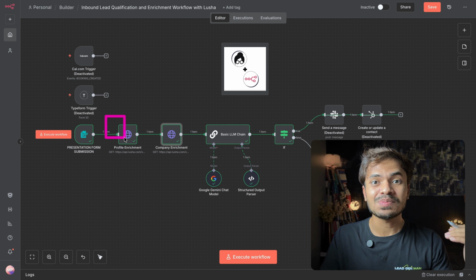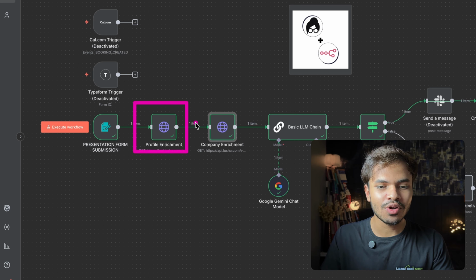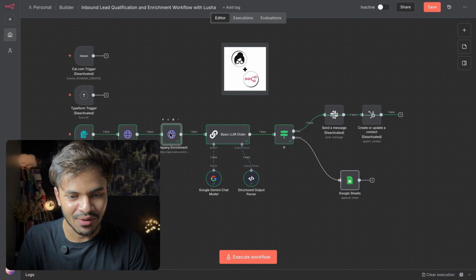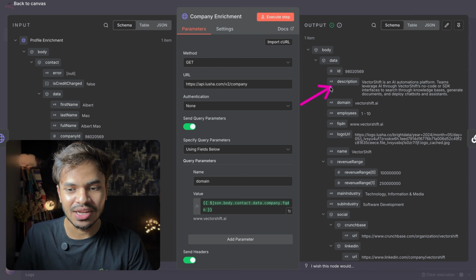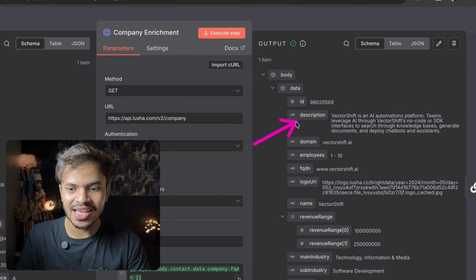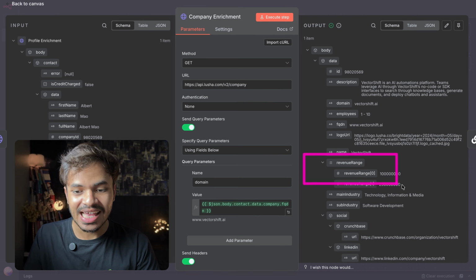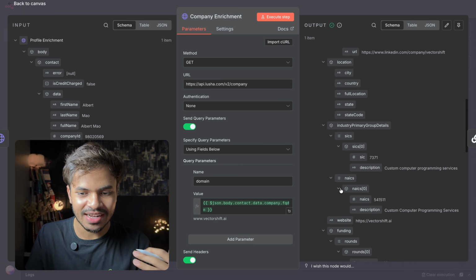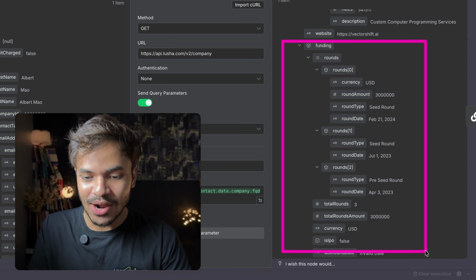After enriching our prospect on a personal level, we also want to find out more about their company or where they are working at, and is this company right fit for our business or not. So let's open our company enrichment result. So we have the description, what this company does, their domain, their employee count, their estimated revenue, industry, their LinkedIn company profile, Crunchbase profile, their location, thereafter their funding round and history and various data sources,